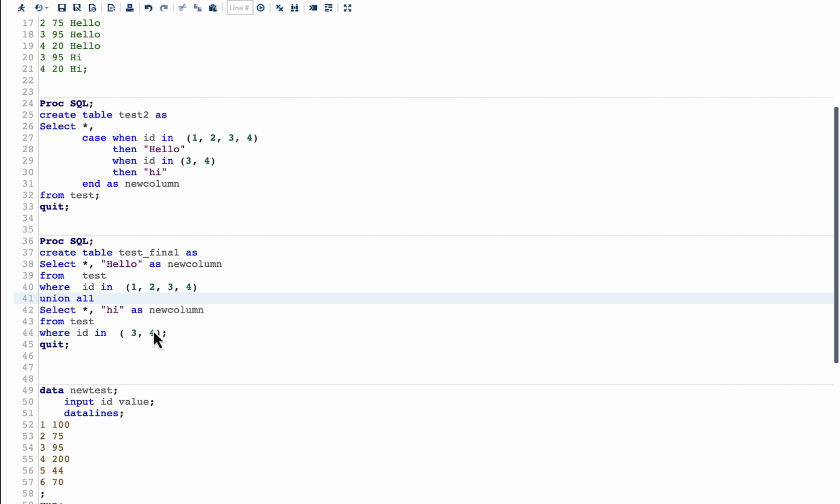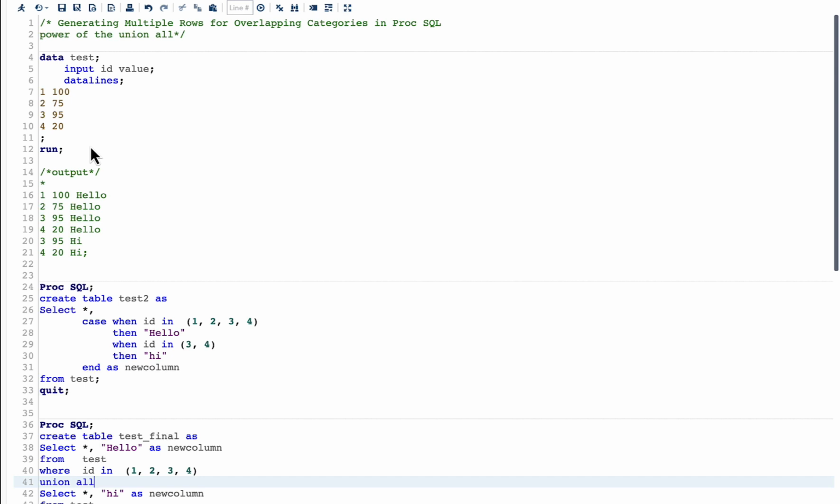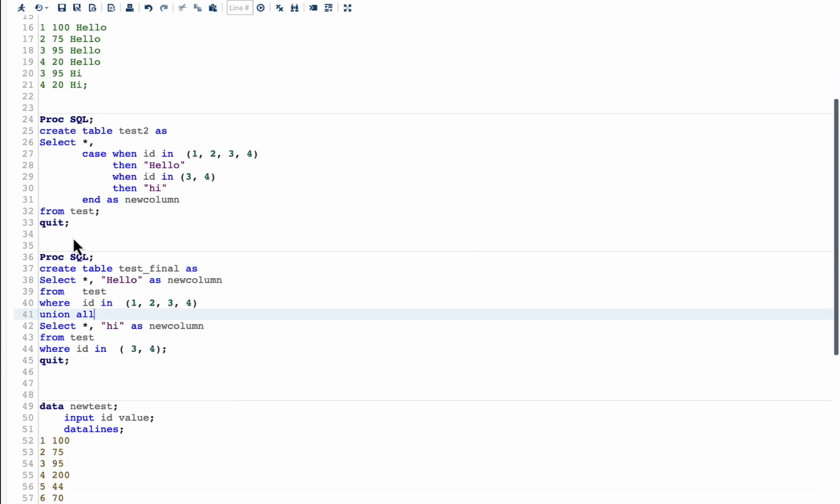Means we are able to generate these multiple observations or multiple rows when we have overlapping categories. Means when the ID is 3 and 4, we wanted it to have the value of hello and also hi, and this can be done only when you can process this more than once